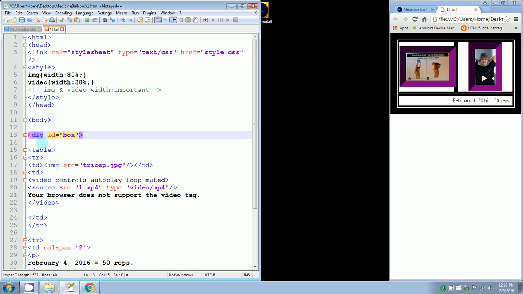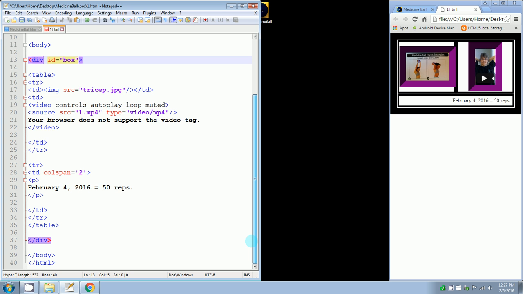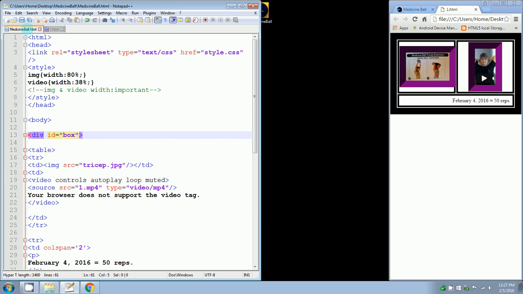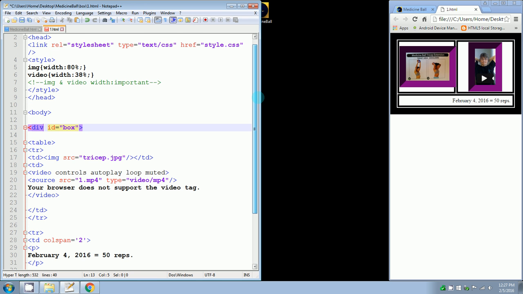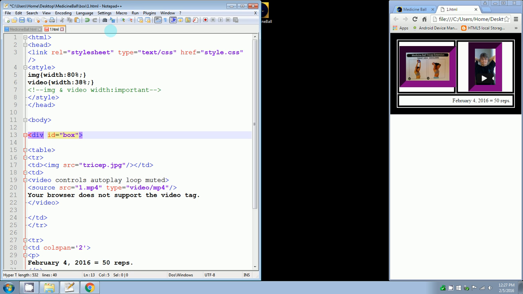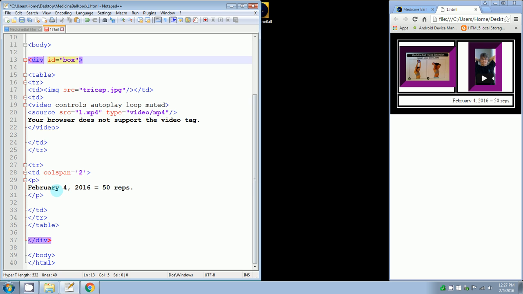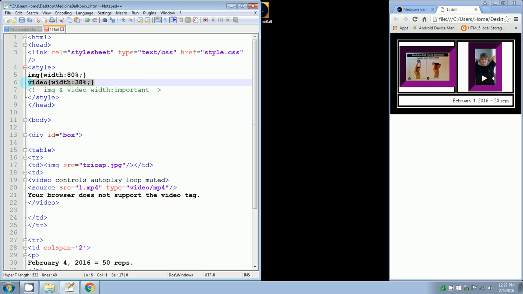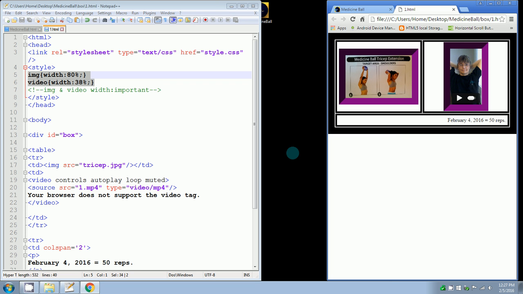All right, so let's see. I went over all of the code in both my main page, my medicine ball, and one of the external pages. Like I said, I don't have to repeat for 2.html, 3.html, 4.html all the way to 7, because it's all the same code with only the images, the paragraph, the video, and the width of the video and image style. It's the only thing that's different. So let me show you the end result here,